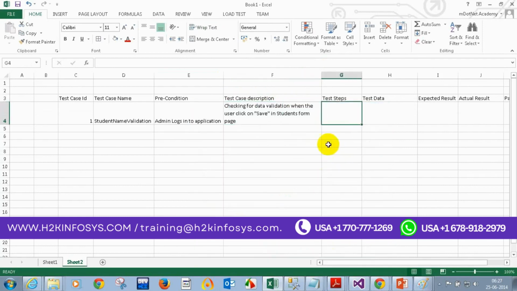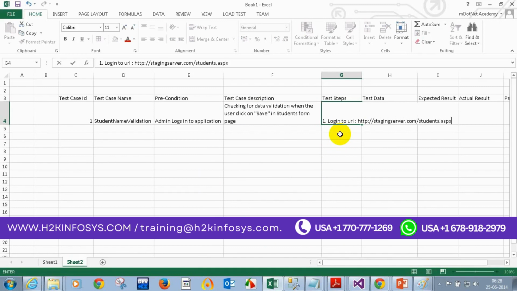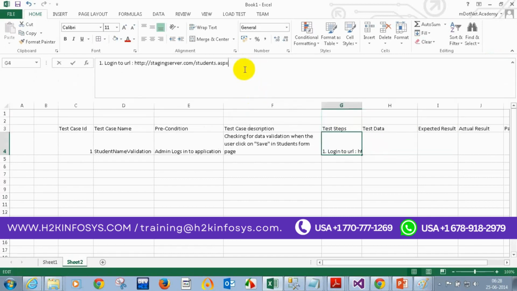Okay, and test steps you need to write one by one. First one, login to URL, you will mention your URL, http:// whatever you have. So server name, for example, if you are using test server or dev server, anyway you will not use, you will use QA server or staging server. So let's put staging server.com/students. Okay, so like this we have added some condition. So log into this URL, and then you will add step by steps, so that